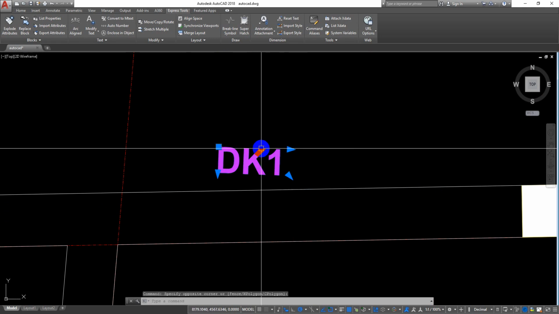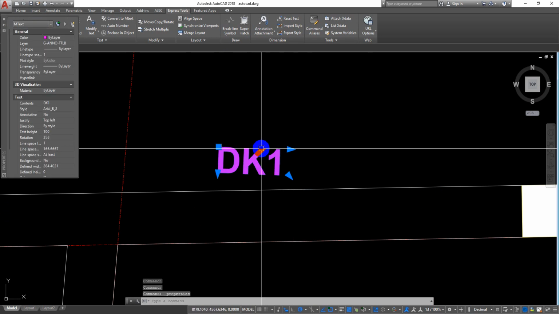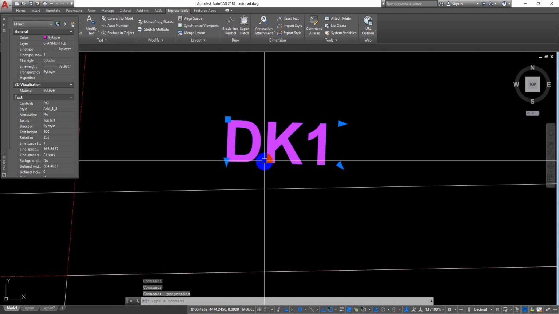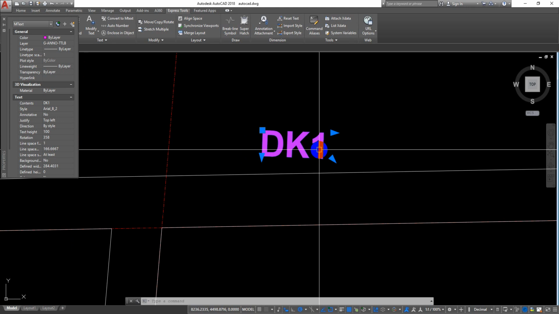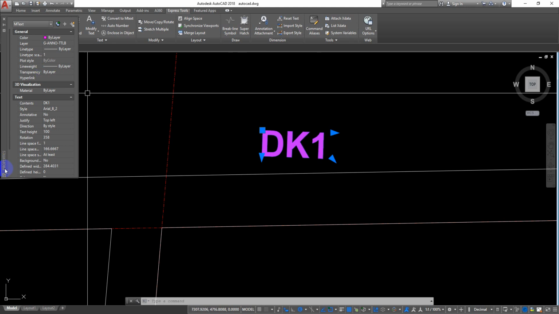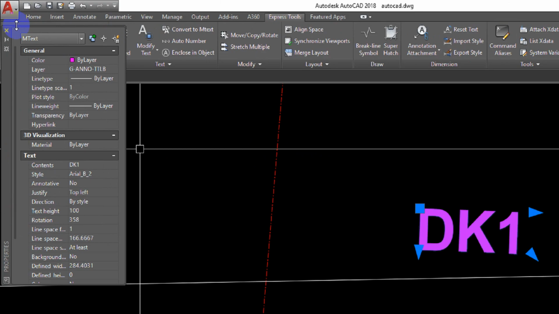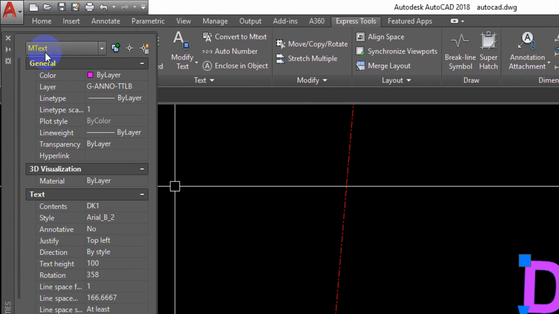This is Mtext. How to know this property text? You select the text and open the property dialog. Open the property dialog. You see here, Mtext. Okay,